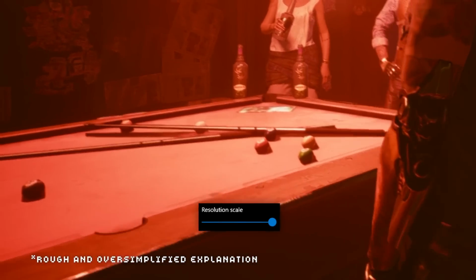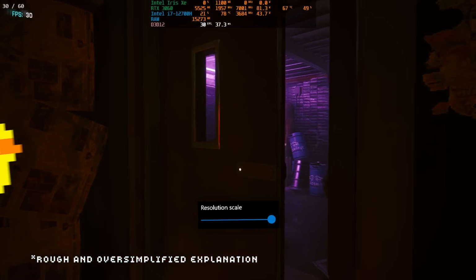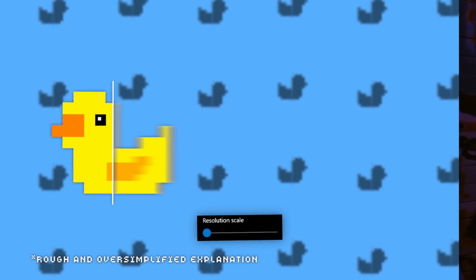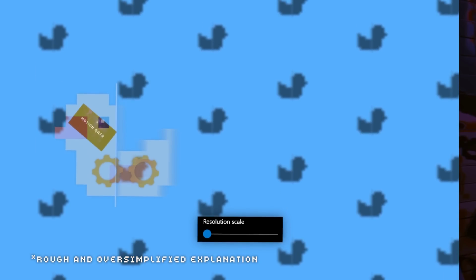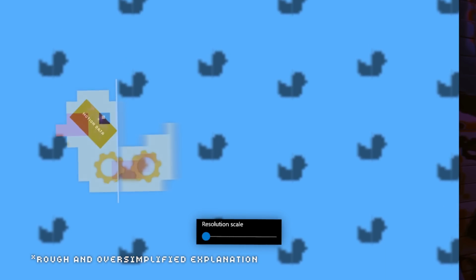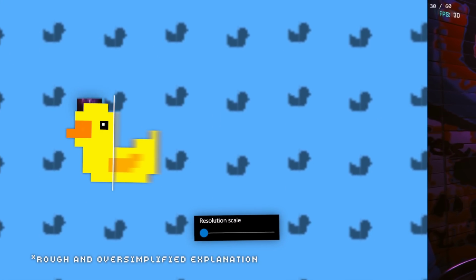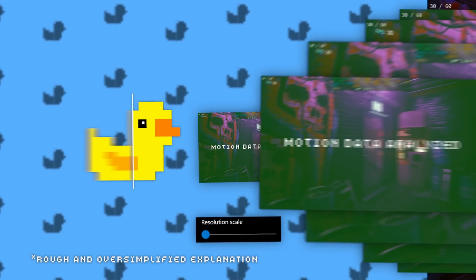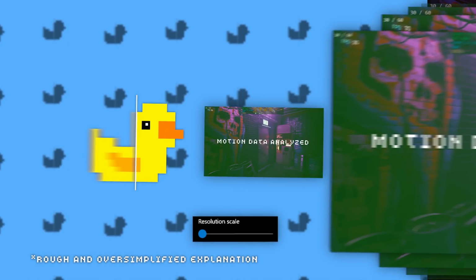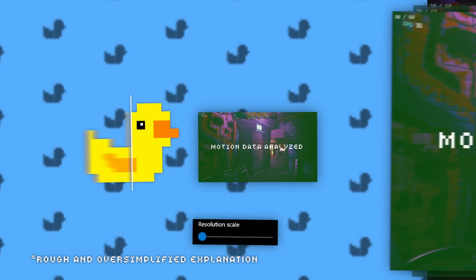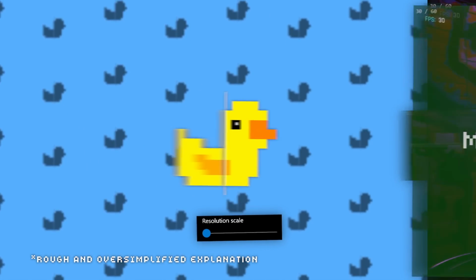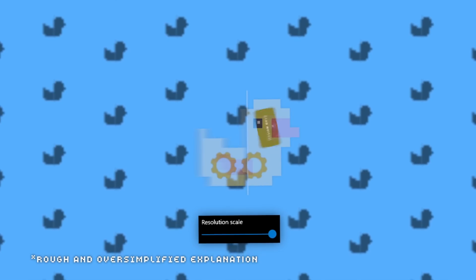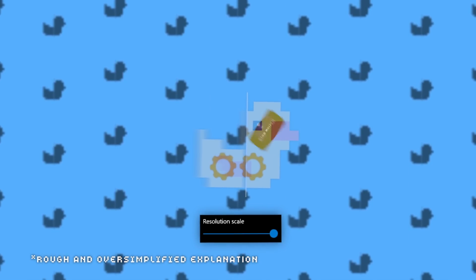Instead of analyzing every tiny detail in motion in full resolution, LSFG first captures the frame, then shrinks the image to process motion more efficiently. You, as a user, do not see this shrunken image. Once LSFG analyzes motion in the lower resolution version, it applies that motion data to the original full resolution frames, and those are the generated frames that you see. It doesn't stretch or upscale anything. The generated frames will always end up at the same resolution as the original. The resolution scale only affects how precisely motion is tracked, not the output resolution of your game itself.